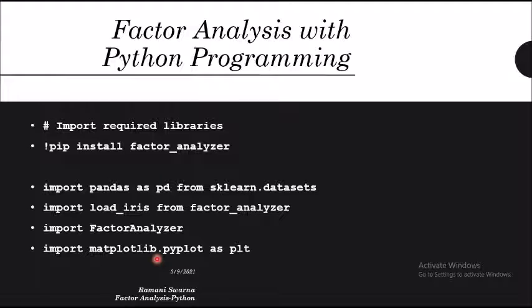So these are the ones you would be taking care of. Let me just copy them as they are, because I'm not going to deviate from these, and go back to Colab so that we can start analyzing.